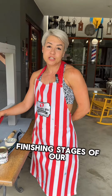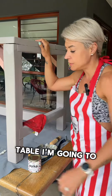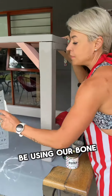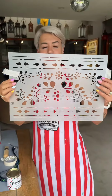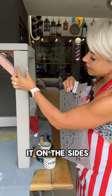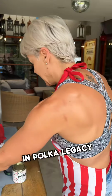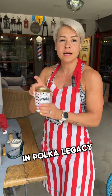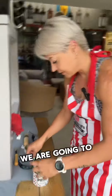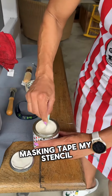And we are at the finishing stages of our beautiful craft table. I'm going to be using our bone inlay stencil. How beautiful is this? I'm going to be doing it on the sides of the legs here and at the top in Polka Legacy. I'm going to give it a good stir, and then I'm going to masking tape my stencil